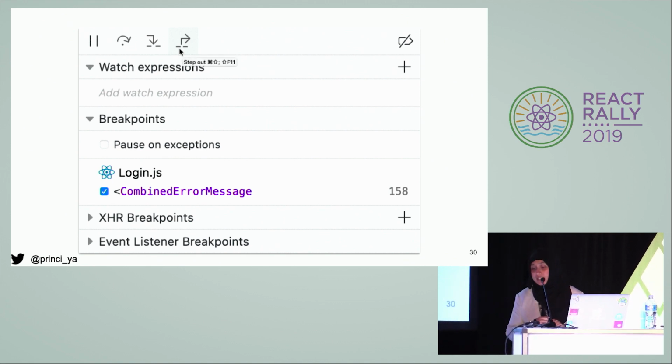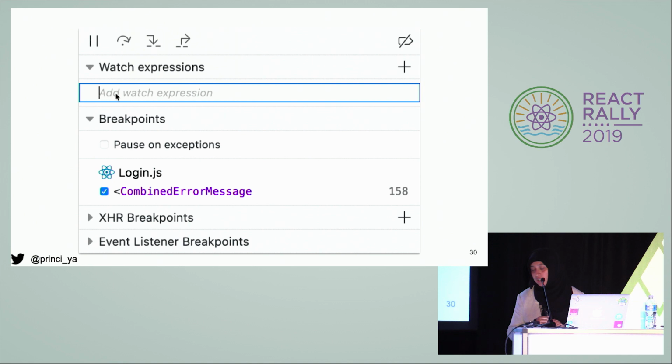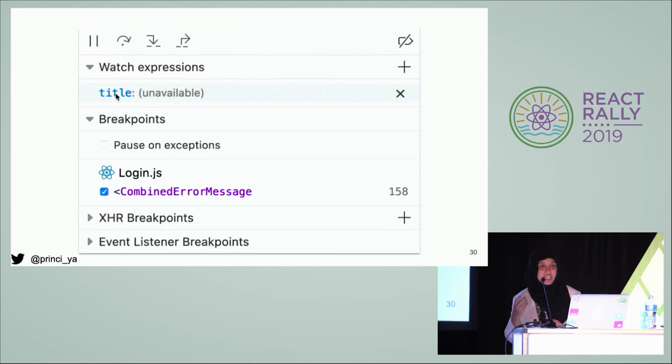You can also add watch expressions. So if you want to watch the value of a particular variable over time while debugging, what kind of value it has, then watch expressions are available. And all the available breakpoints themselves are available in this panel. And notice the little logo sitting next to this file. So the debugger is also able to identify what kind of file this is.